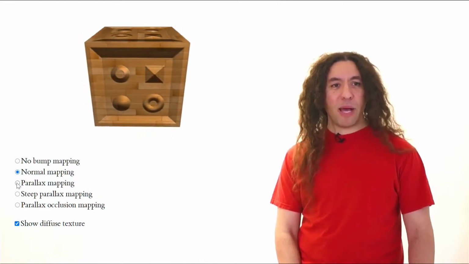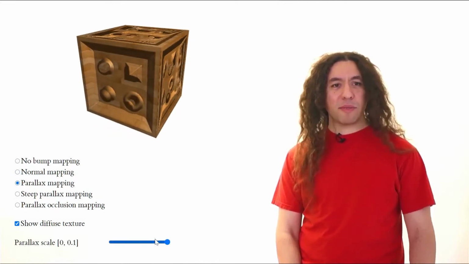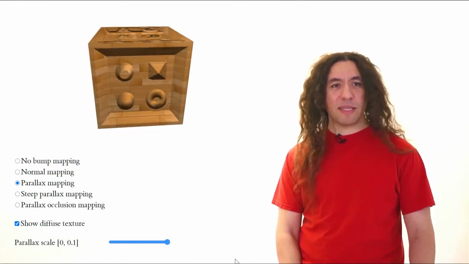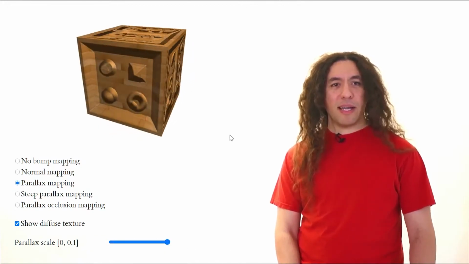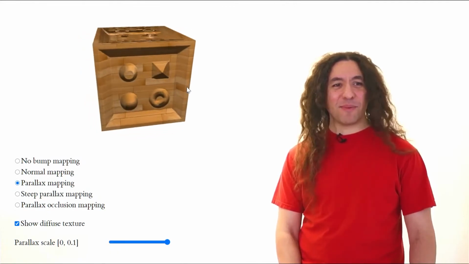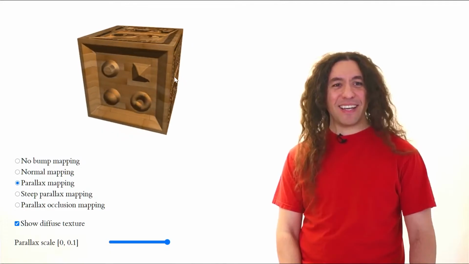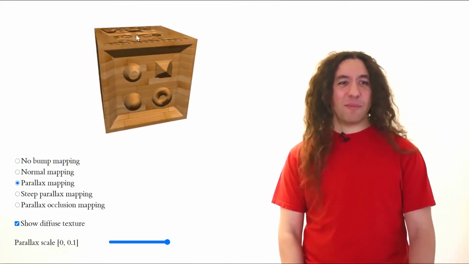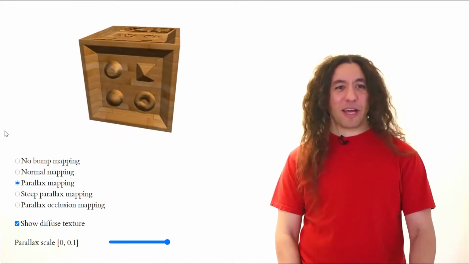With parallax mapping, you get better results. And now, how far do we want to extend the depth? Let's say we're going all the way. And as you can see over here, as it's rotating, you start to get some artifacts, right? The surface separates, and up here, things are really messy, right? It just doesn't work out so well.